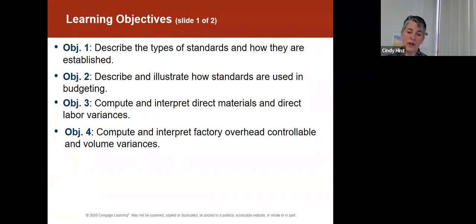You can see we have some learning objectives here, and there are more on the next slide as well. We are going to start out talking about what standards are, how we use them, and how we calculate them. Our first exercise will be, where do these standards come from? How do we put them together? We will then look at how we use that information to evaluate performance of our management, of our operations. We will be looking at how we calculate variances in the 3 product component costs: